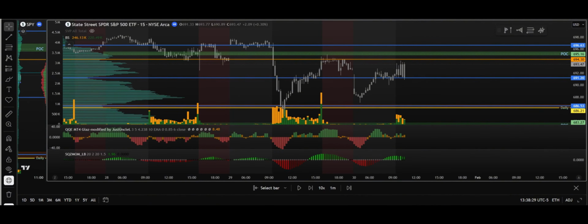Well, let's look. The momentum for QQE, it's gone down, it's come up, but you can see it's starting to trend down a little bit again. Now, the squeeze momentum is kind of the giveaway here, right? So we've come up in pre-market, it's topping out a little bit, and you start to see it come down a little bit, right? So just hold that in your mind while we look at a shorter time frame